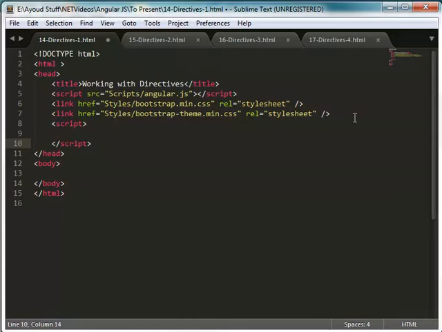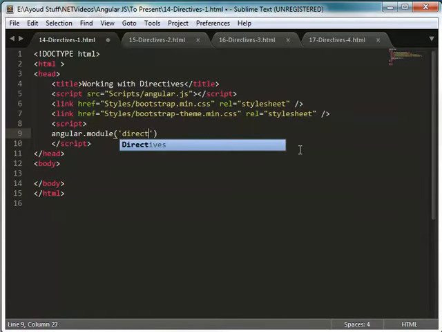Okay. Anytime I start with Angular, I need to create a module, right? So angular.module, and what's the name of that module? I need to give it a name, and let's call it directive, since we're working with a directive example, and normally we would like to tag the app to it. So directiveApp. You could have different names, different approaches, different standards for naming these, but you can tag the